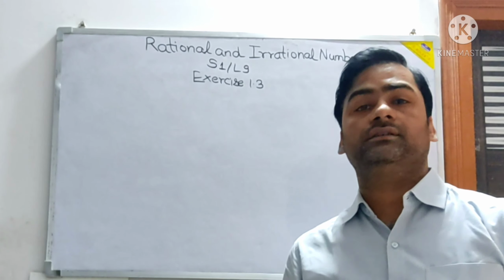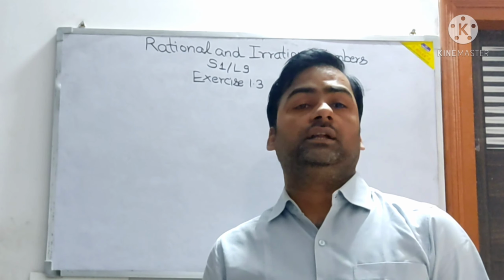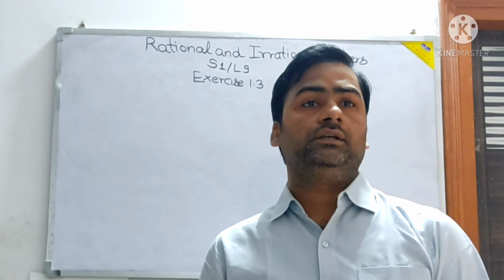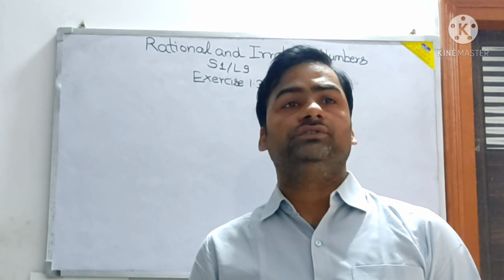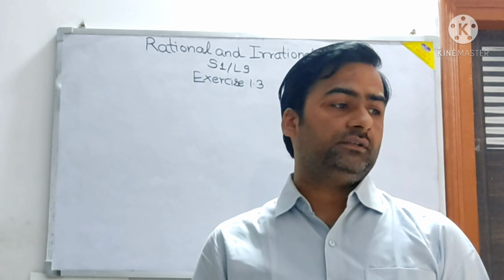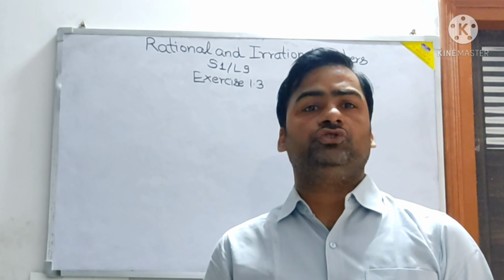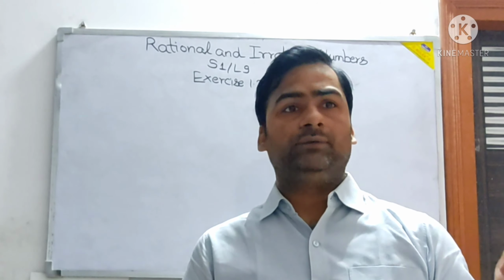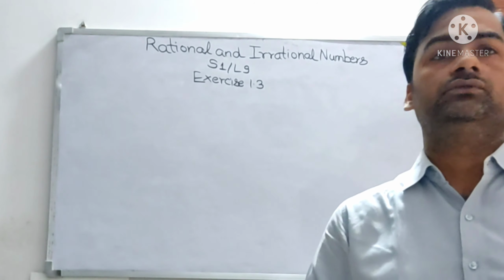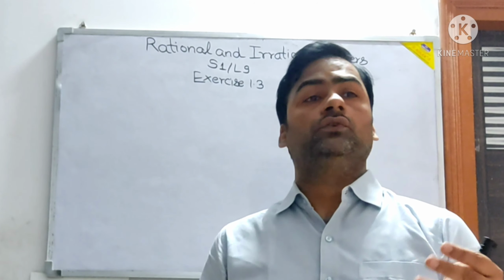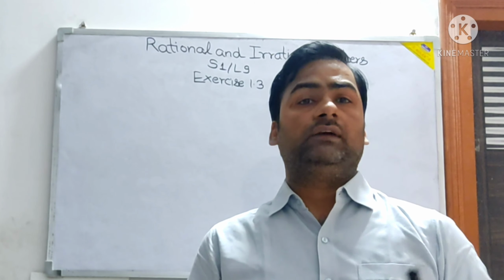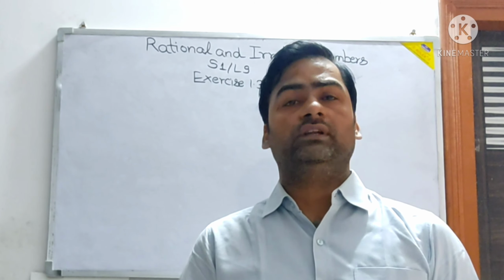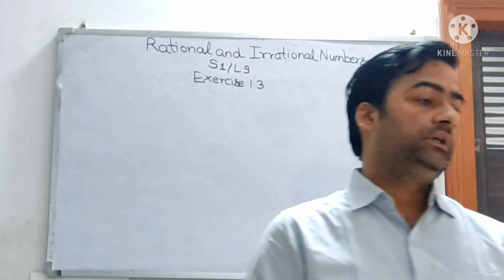Another class of mathematics, and we had done a lot of questions from exercise 1.3. Last few questions, maybe one or two left, and all the type-wise questions are there. If I have done one type of question, all the questions of that type should be solved by you in the copy. It doesn't mean that the 4 I have solved should be the only ones in the copy. Whatever is remaining, take as homework, and that should be done by you.